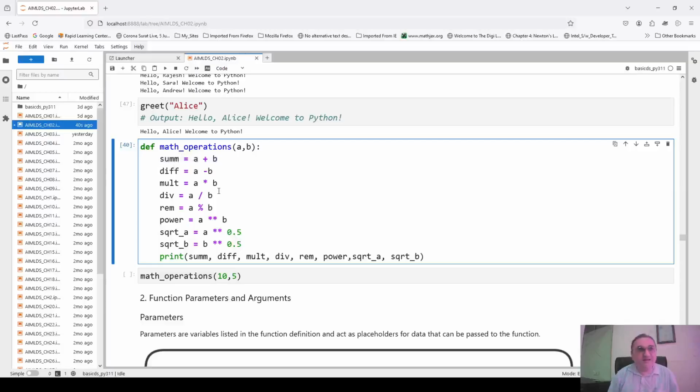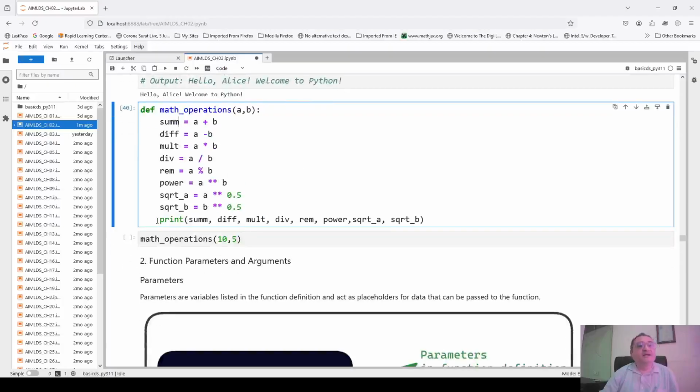Here you have to remember I did not write sum because if I delete that last m, you will see that the color will change. Yes, that is because sum is a reserved keyword in Python. So if you get this kind of color, you will immediately understand that you will have to write another word. So I am writing summ. Then this function calculates all those things: sum, difference, the power, and everything,